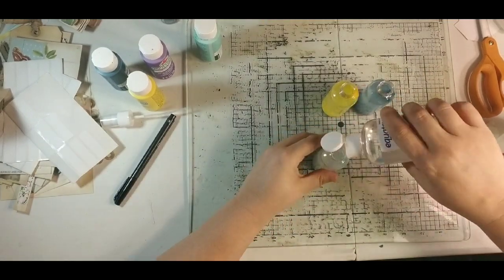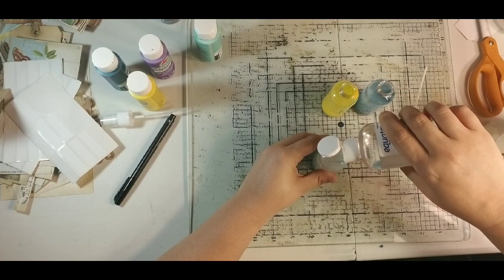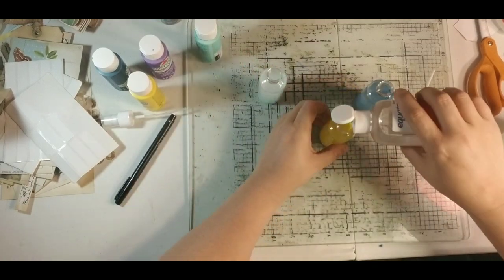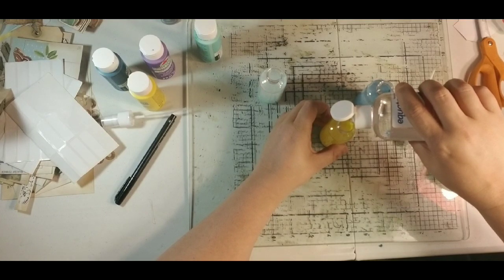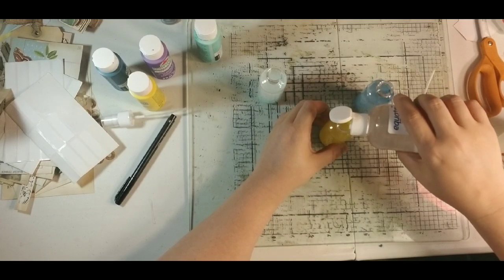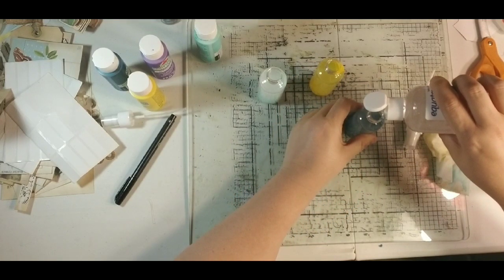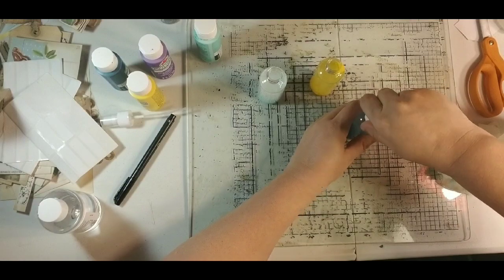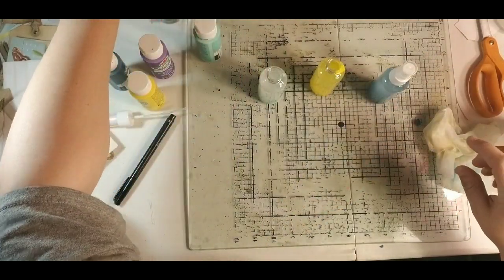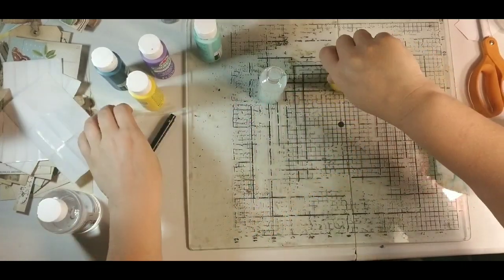I mean, you can see, 2, 3, 4, 5, 6, 7, 8, 9, 10. I know I count out loud, and I don't know why. That's probably aggravating to people. But you can see how fast you can do 8, 9, 10. You can see how fast you can get those going. I'm going to put the lids on before I start shaking them, because if I don't,